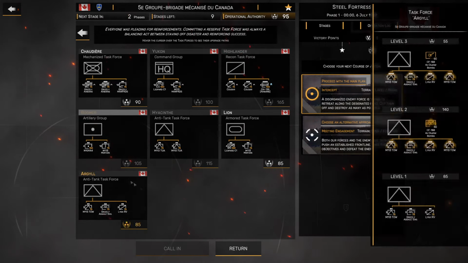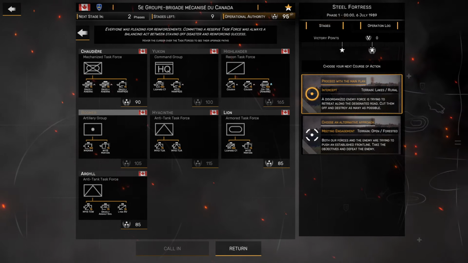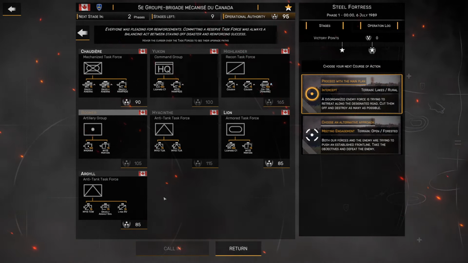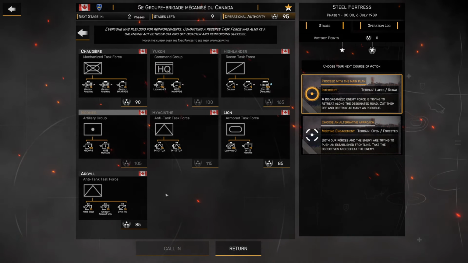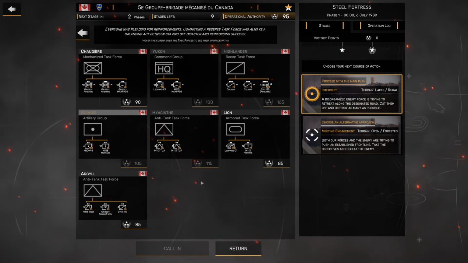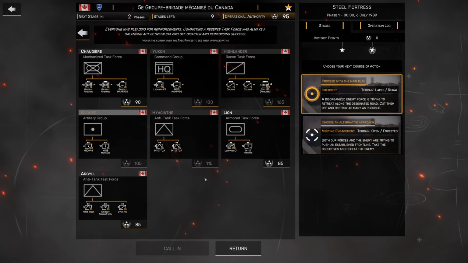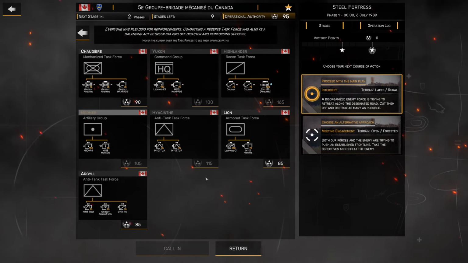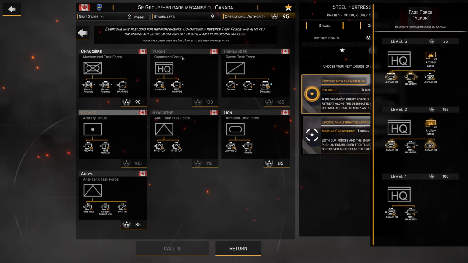Oh, you're using these points. So we're using the operational authority for each one of these guys we're calling in. Okay. Let's do... I don't know that I have a lot of anti-air, so...